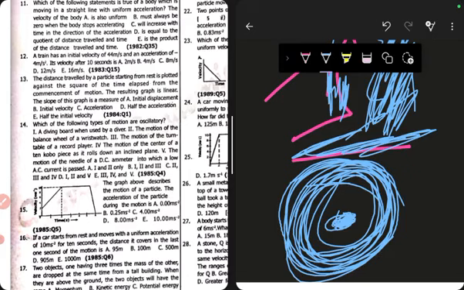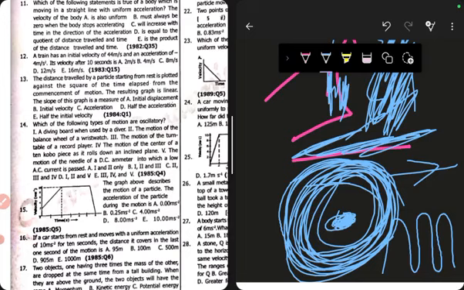Then the motion of a needle, yes, that's where I was looking at. The motion of a needle into which a low AC current is passed is actually oscillatory. Because that needle, though we've not got into that topic, will attempt to track this change. DC is direct current, AC is alternating. Alternating means it's going up and down sinusoidally, like a sine curve, unlike direct, which is a single line. So the needle will be trying to track this up and down current. So the answer is actually going to be I,